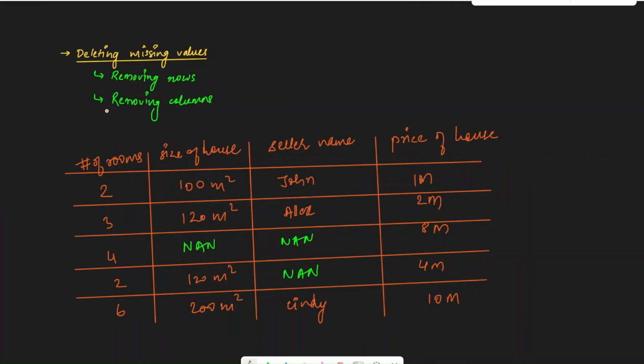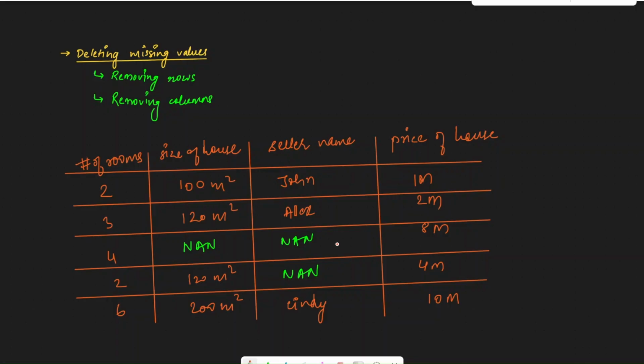The first method for handling missing values is called deleting missing values. Let us consider this example where you can see that the third row has missing values and also these two columns have missing values. In this case, what this method tells us to do is remove the entire row. So these two entire rows can be removed because they contain missing values, and we can remove these columns if we want to handle the missing values. Essentially, we are deleting the entire rows or the entire column so that our data does not contain missing values.